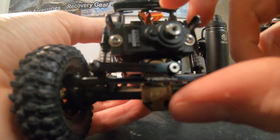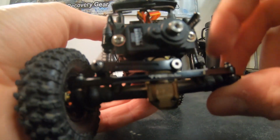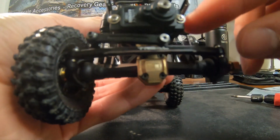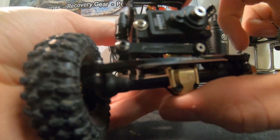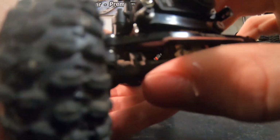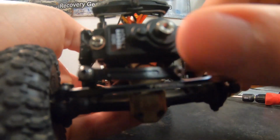Alright, I got the new servo all installed. The 3D printed mount seems to be working out pretty well. Only issue is these screws that came included with the servo here. When it flexes all the way up, they just lock into the chassis, so then your servo's jammed in there. It's a little bit annoying that those screws don't work with the servo and the chassis rail setup